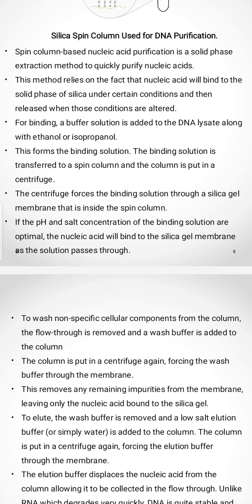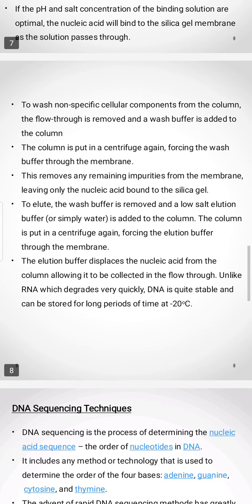The binding solution is transferred to a spin column and the column is put in a centrifuge. The centrifuge forces the binding solution through a silica gel membrane that is inside the spin column. If the pH and salt concentration of the binding solution are optimal, the nucleic acid will bind to the silica gel membrane as the solution passes through. Then wash non-specific cellular